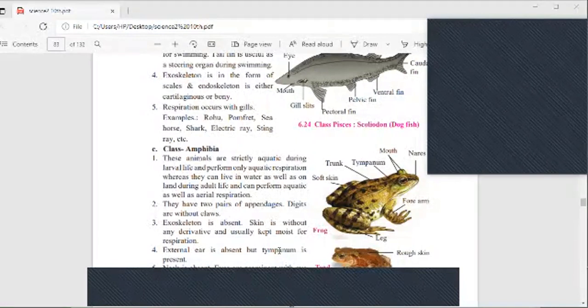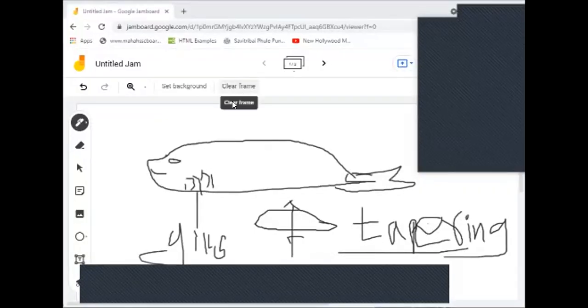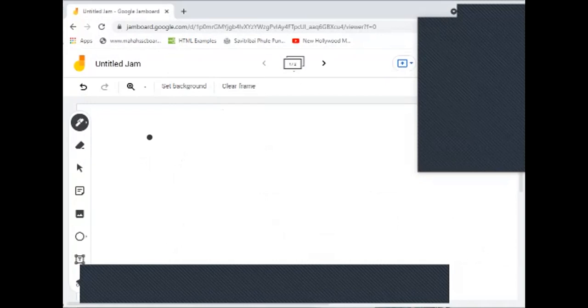Electric rays are produced by means of the Ascidian and Pyrosoma. I will share the screen. You can see on the Jamboard examples of the species that produce electric rays of light during night time. It is very interesting to see. That is called the Pyrosoma.